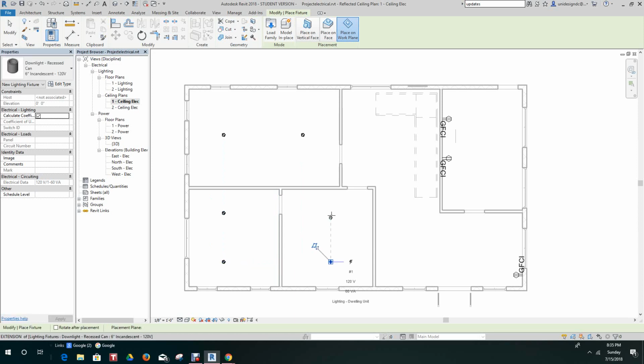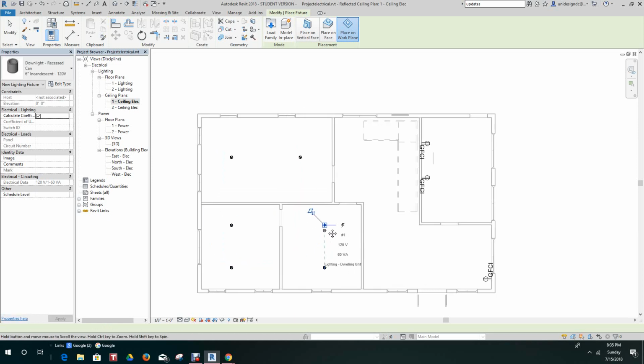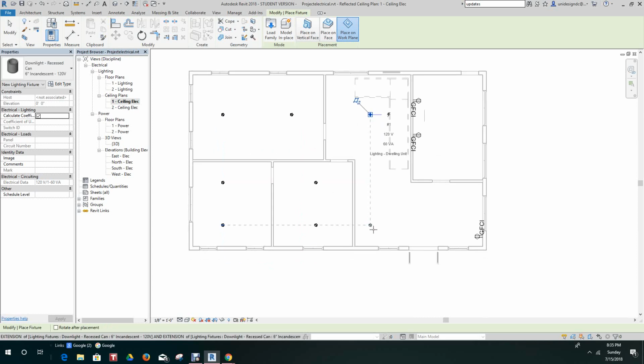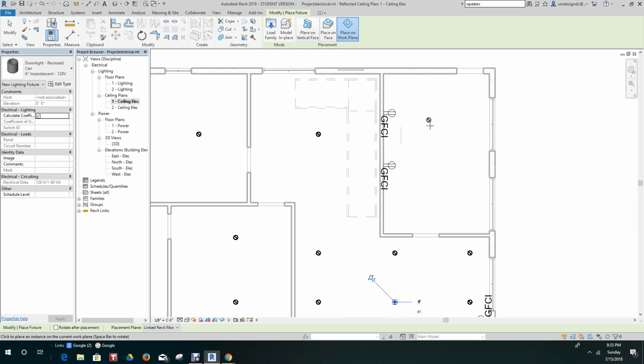Now you can place any type you like. These are just recessed incandescents, and you need a lot of these because they don't give out much light. So let's put maybe, I don't know, 6 over here, 6 there, there, and there. We go to our kitchen.